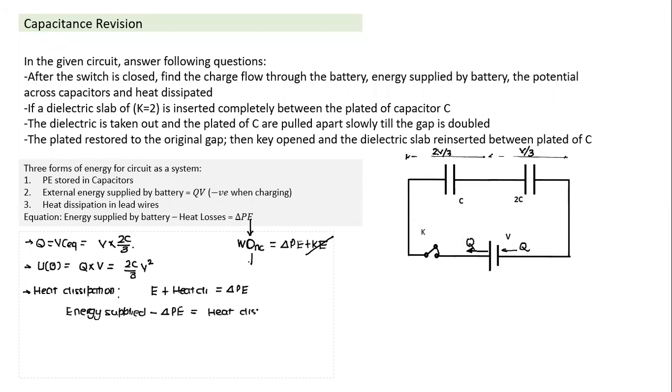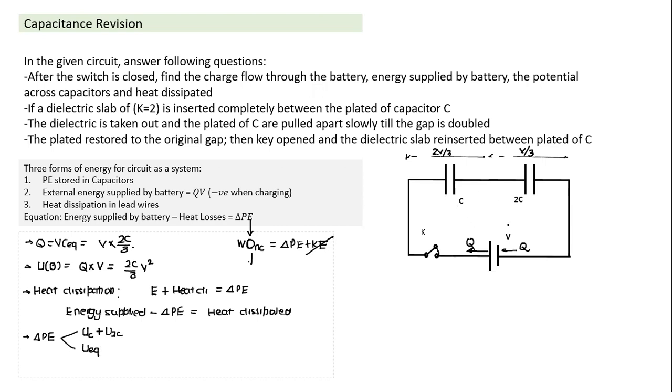So can we calculate the heat dissipated in this part here? We have calculated the energy supplied by the battery. I am doing it for detailed calculation. So what is the energy supplied by the battery here, and what is the energy stored in the capacitor? Either I can calculate the energy stored in each capacitor separately, or I can replace these two capacitors with an equivalent capacitor and calculate the energy stored in it. So there are two ways: either calculate the potential energy stored in capacitor C plus that in capacitor C, or calculate the potential energy stored in the equivalent capacitance.